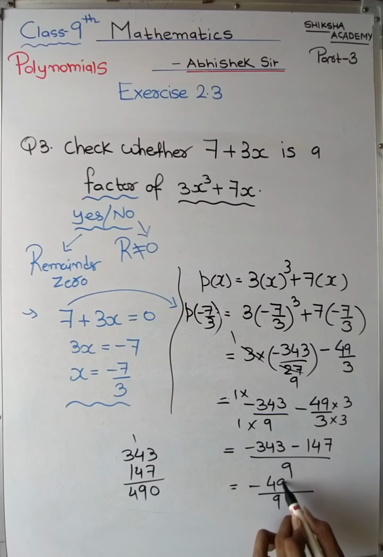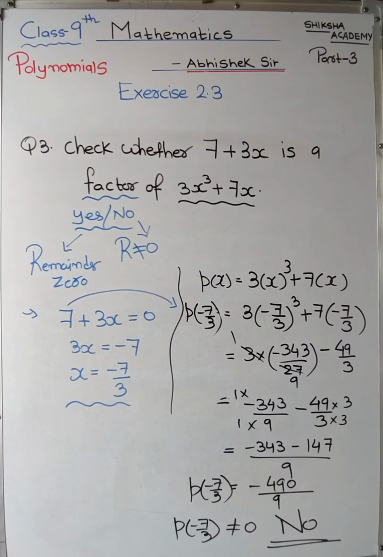So this is all about exercise 2.3. We have completed it step by step. Each and every question, each and every step I have shown it so that it will be easy for you. Now in the next we will start with factorization, the factor theorem. We will also learn splitting of the middle term, and then we will solve exercise 2.4. So right now this part 3 is over.